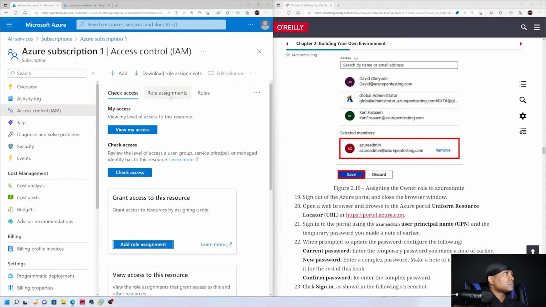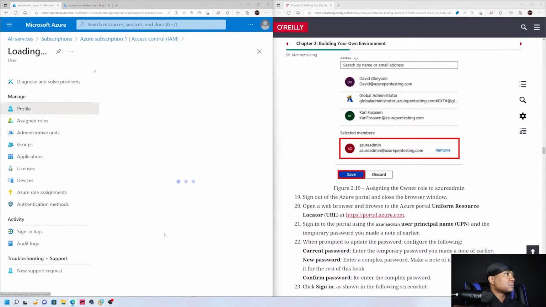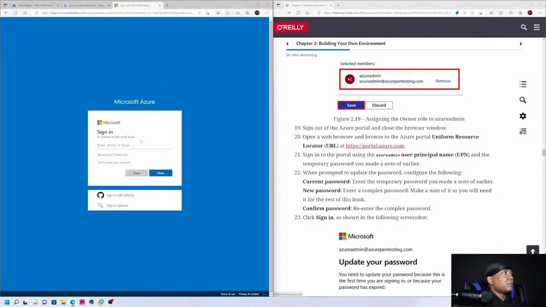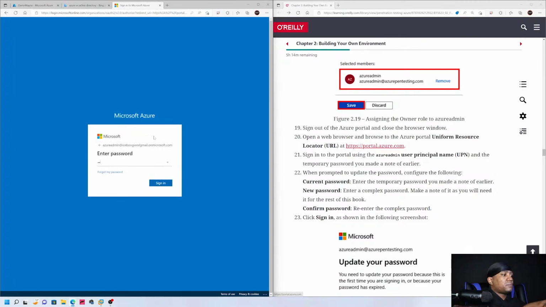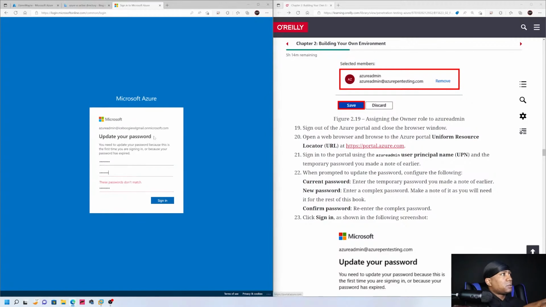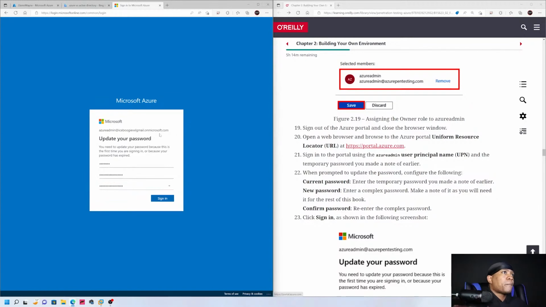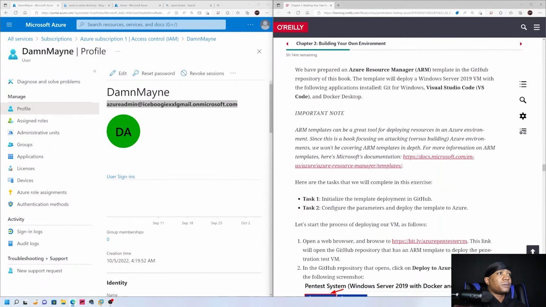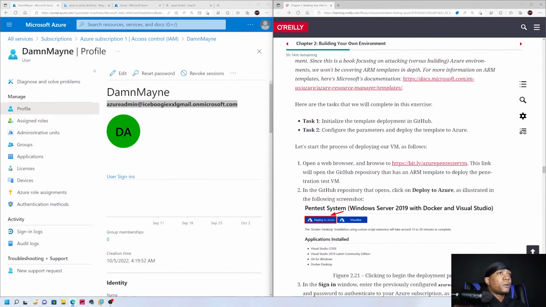Click Role Assignments, click on your user, and then obtain your user principal name, which you'll use to log on. Sign out of portal.azure.com and sign in using your user principal name and the password that you set. They're going to ask you to create another. Now navigate to